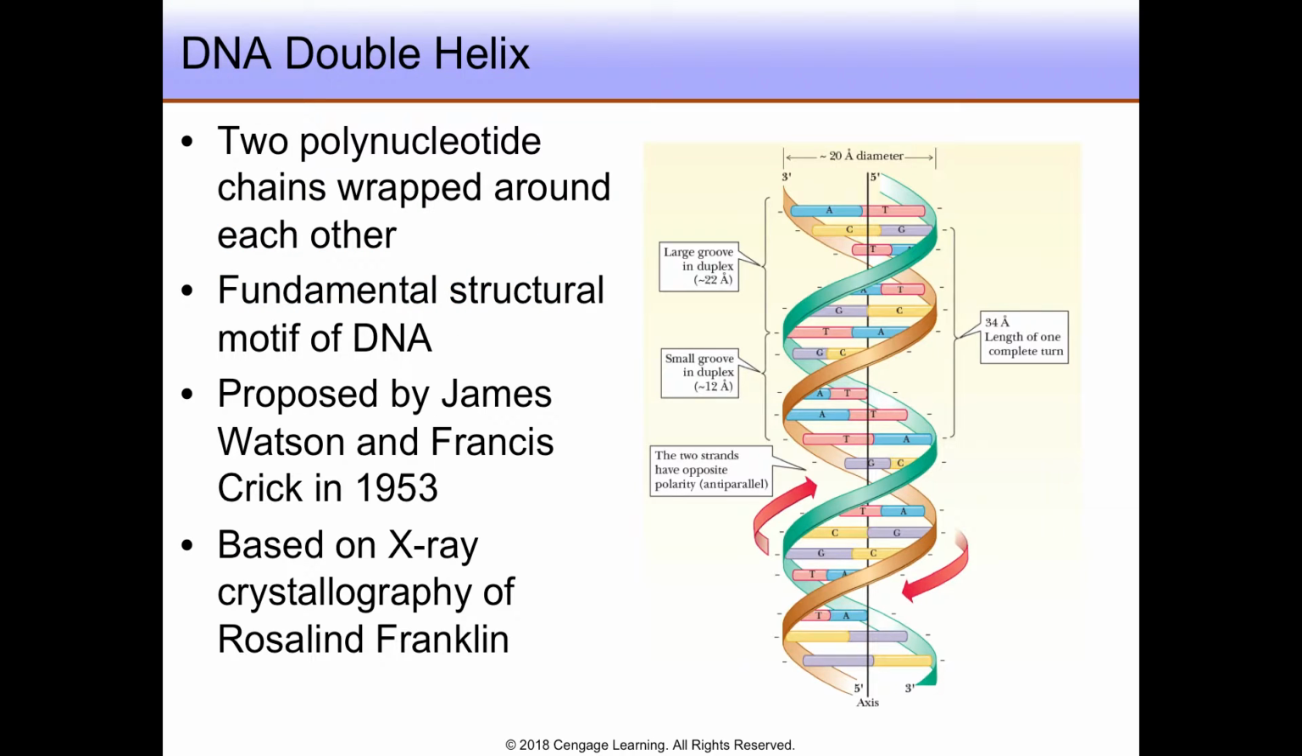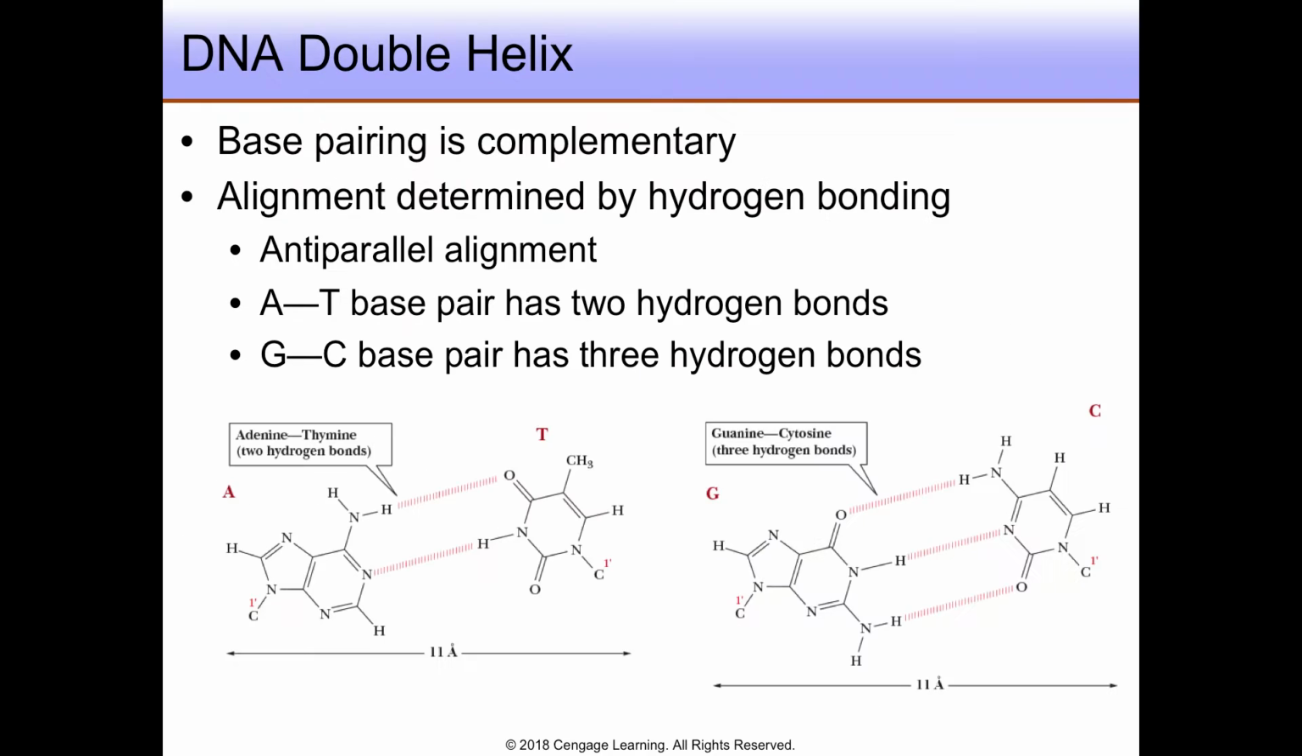In spontaneous forming of the DNA double helix, the two single-stranded polynucleotide strands twist around each other, as illustrated here. This model was first proposed by James Watson and Francis Crick in 1953 and was based on X-ray crystallographic results obtained from Rosalind Franklin. The specificity of interaction between the two strands is due to complementary base pairing and hydrogen